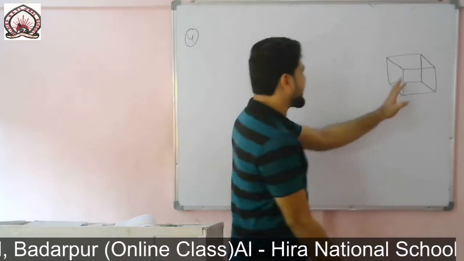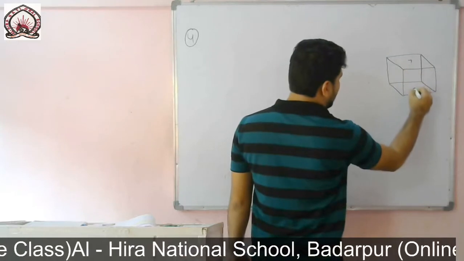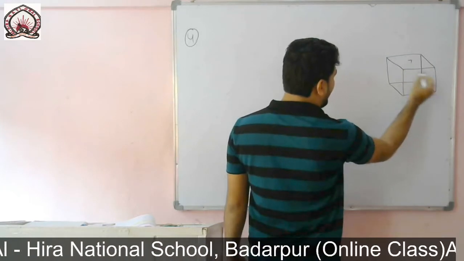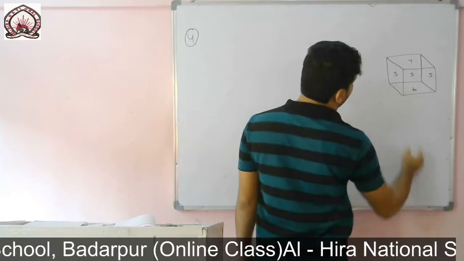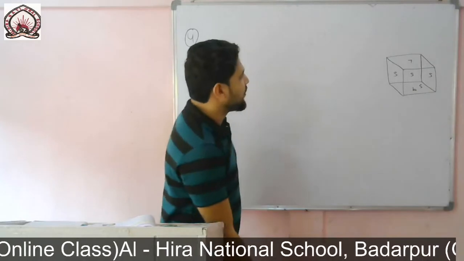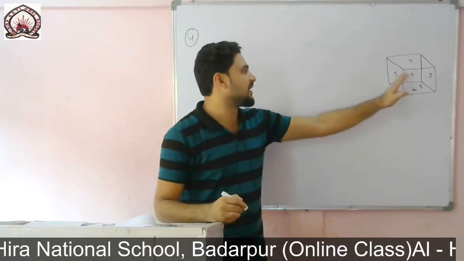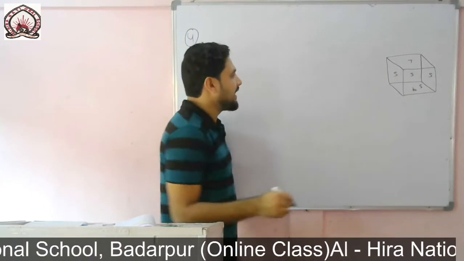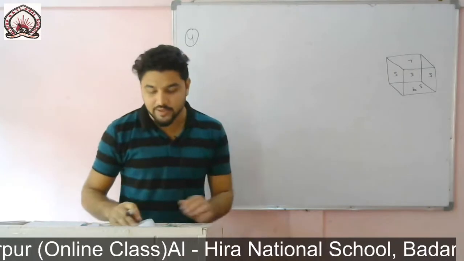You see, a cube has what? 6 faces. Top, this is bottom, okay? 4 sides. Side, side, side, okay? And there is another side, okay? So, 4 sides are there, okay? So, you can say that this is a cube. And a cube has all sides equal, all faces are equal, okay?